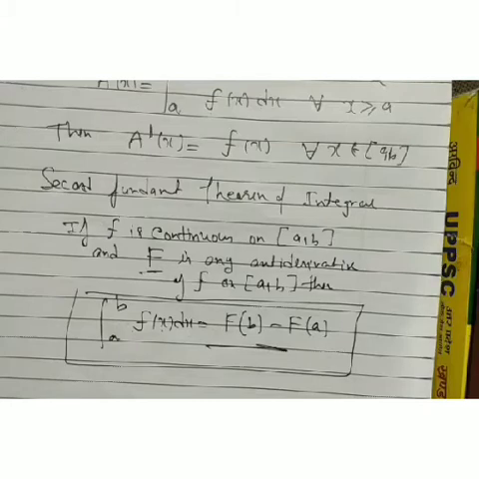From tomorrow we are going to discuss the properties of definite integrals. There are 7 properties, like the integral over a to b of f(x) dx is equal to the integral over a to b of f(t) dt. Then the integral over a to b of f(x) dx is also equal to minus the integral over b to a of f(x) dx. Such types of 7 properties are there. We are going to discuss them tomorrow one by one, also with their proofs.